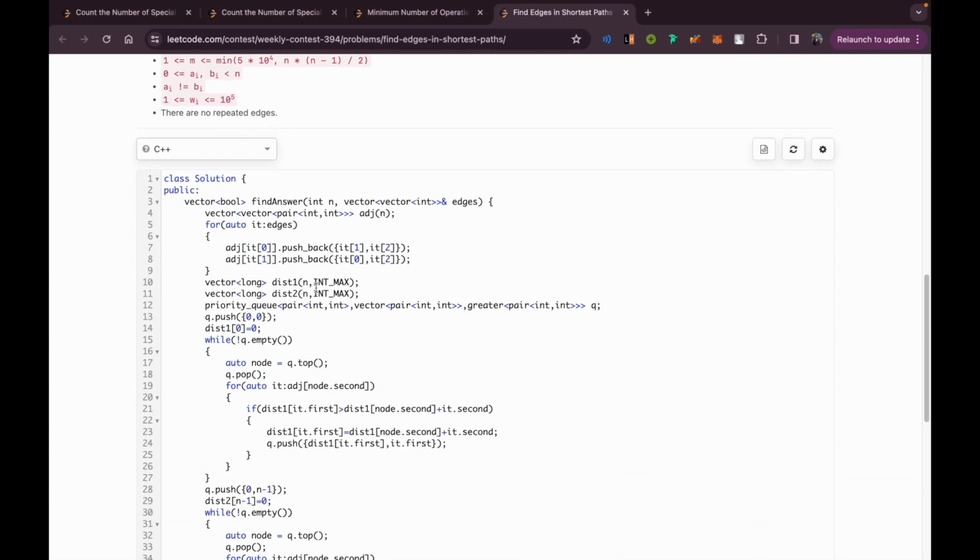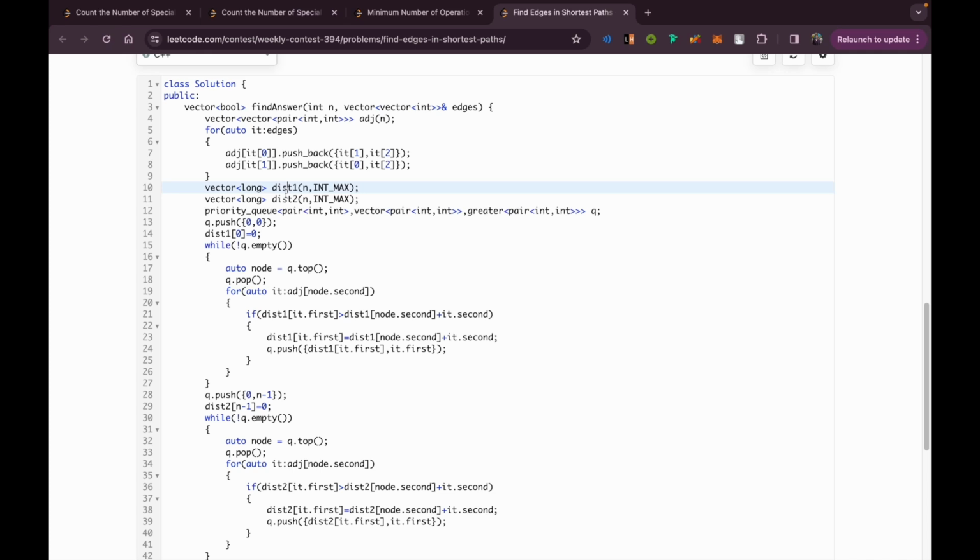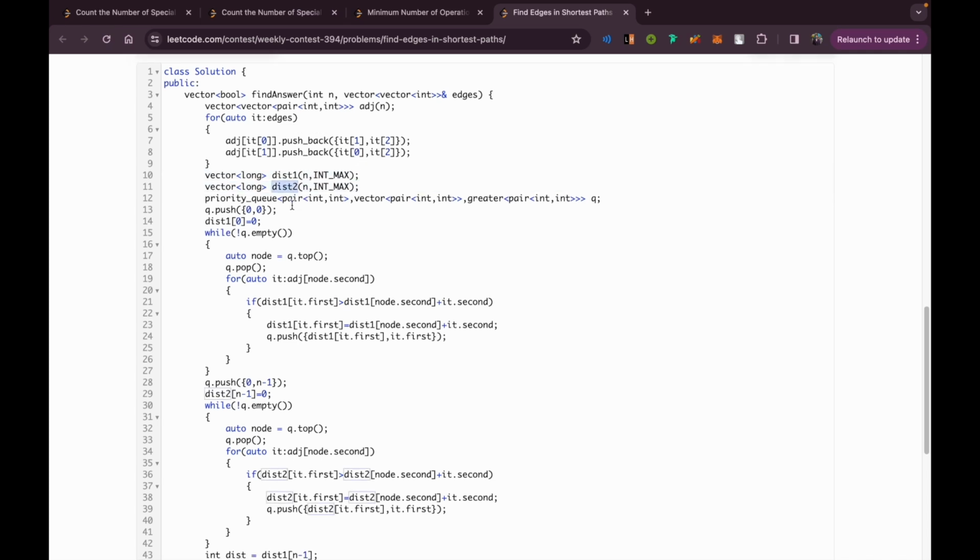Alright, so this is a crude implementation. Take the adjacency array, take the edges, right? Push back this and this. Good to go. Now the distance 1, distance 2 calculation, right? Now I will initialize the priority queue Q. Now I will do the Dijkstra one time. You can see this Dijkstra part. This is going to be for the